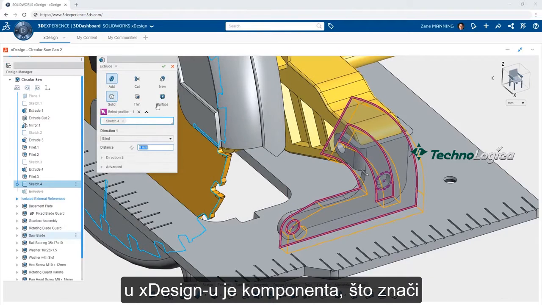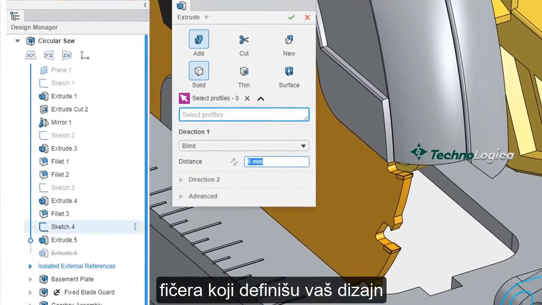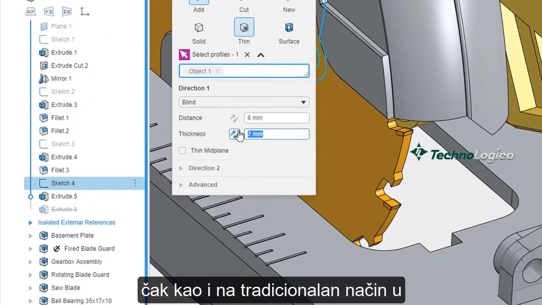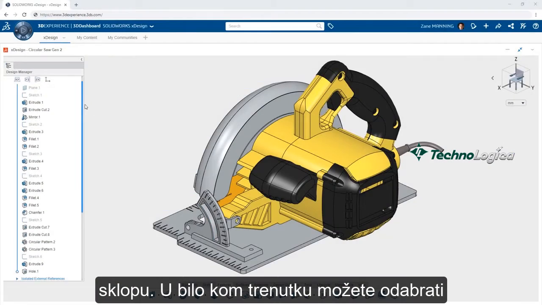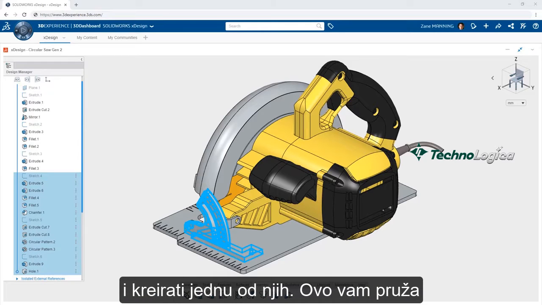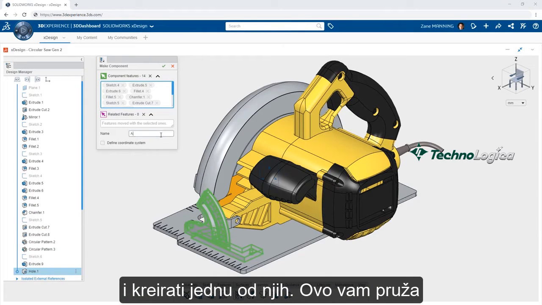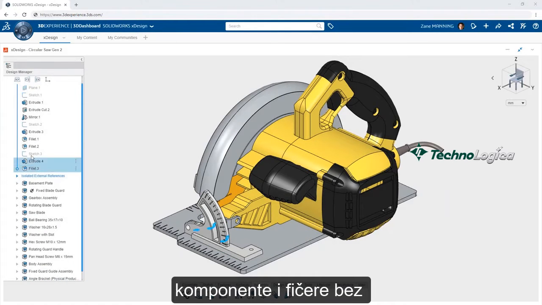Every object in xDesign is a component, which means you can start creating the features that define your designs anywhere you like, even in what is traditionally considered an assembly. At any point, you can choose which features comprise a new component and create one from them on the fly. This gives you unmatched flexibility in how you design, allowing you to work out new components and features without the